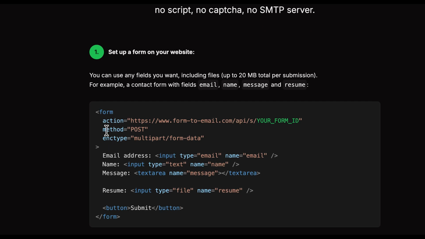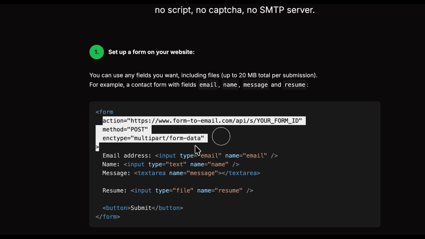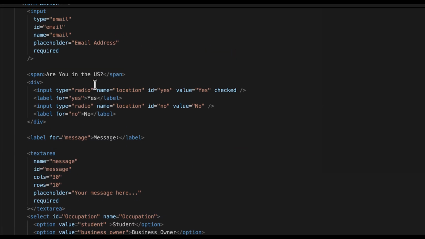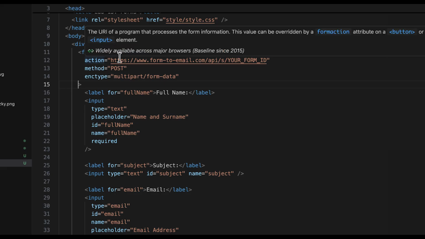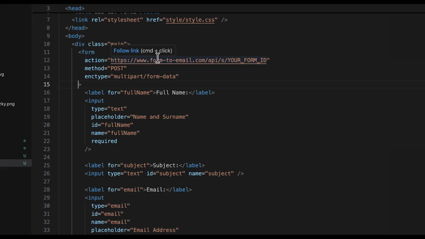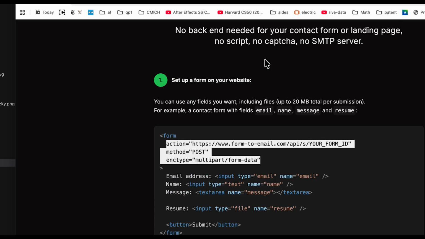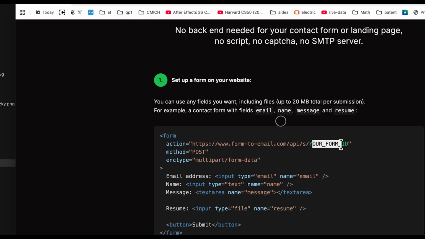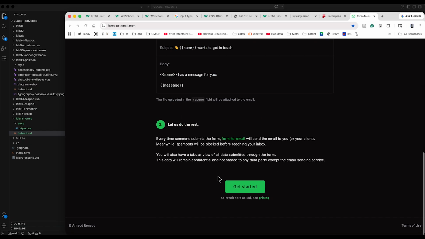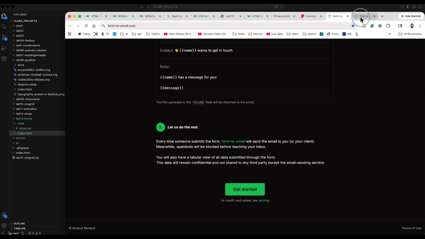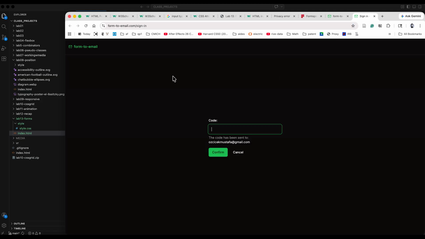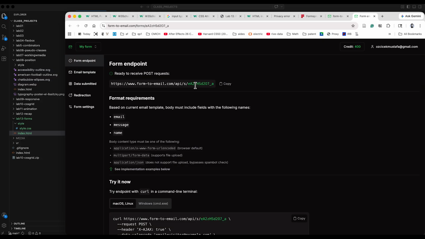As we mentioned, the form tag accepts a few different attributes. So you're going to copy this and then paste it in the form. The action will be taking this to go to this address and then connecting this form to your account. And that is going to happen with that form ID. So let me get started. I will use email. Okay. It gave me this ID. So I'm going to copy this